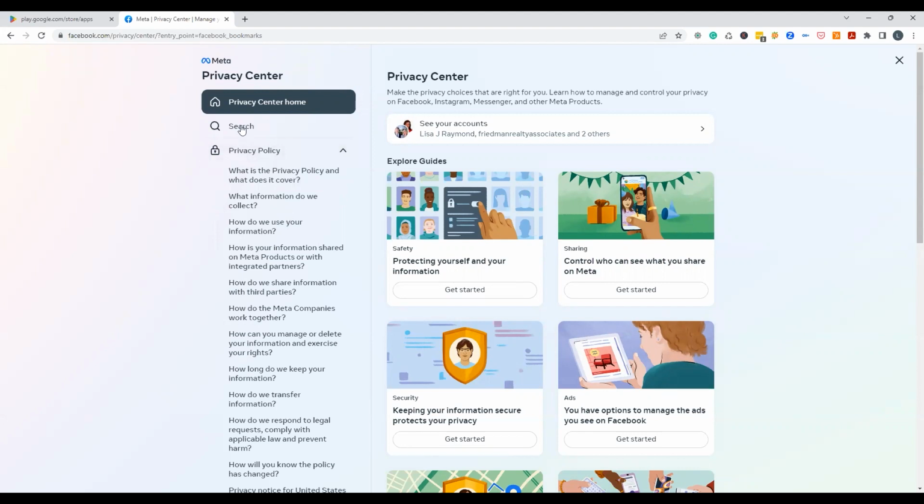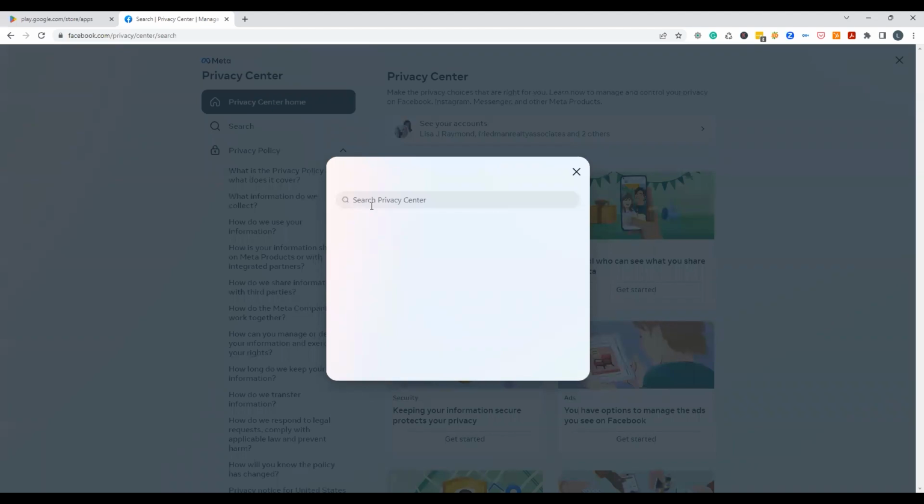No. So what I'm going to do is do a search for two-factor authentication. Now, this is becoming big, at least in the social media platforms where I do spend a lot of time,